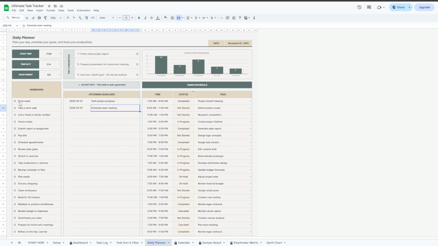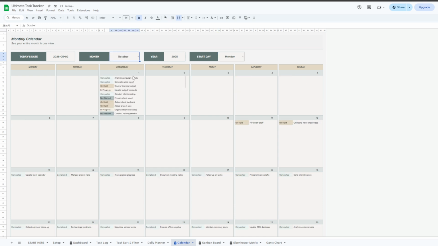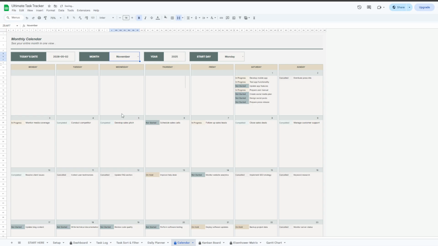In the Monthly Calendar tab, everything has been designed to keep your schedule easy to follow. The first thing you need to do is choose the month you want to view from the drop-down menu. Right next to that, you can also select the week start day, whether you prefer your calendar to begin on